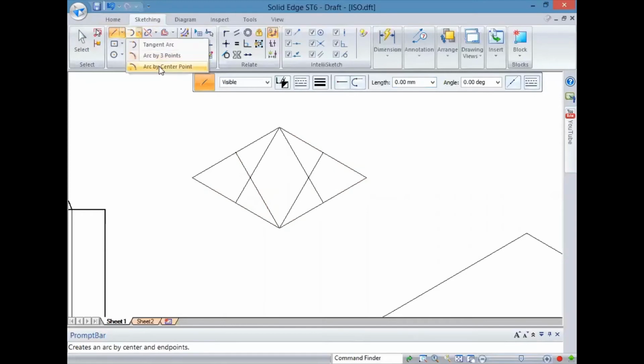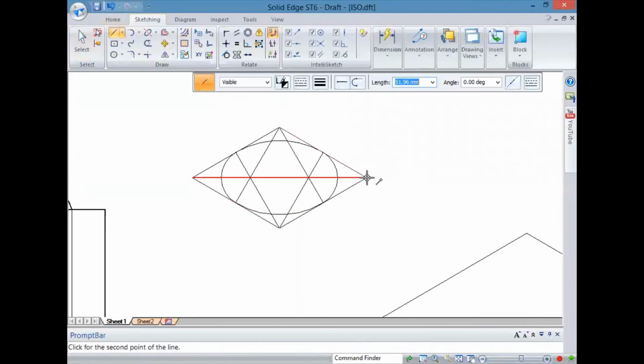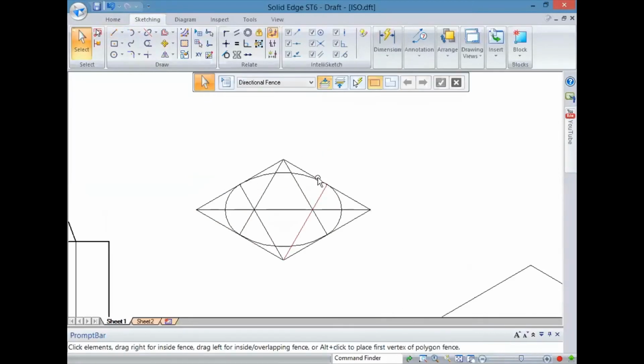Now select the arc by center. You always observe the longer diagonal will have shorter radius and the shorter diagonal will have longer radius. Okay, we are done with the 4 center method. We'll just join it here. This is the center, or this is the base of the cone. Make it bold. We will trim what is not visible.